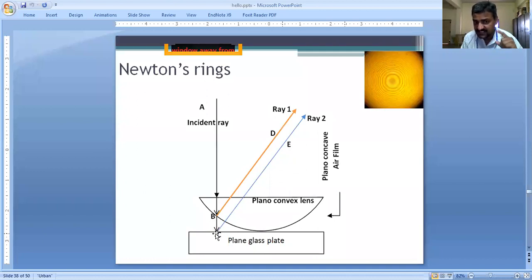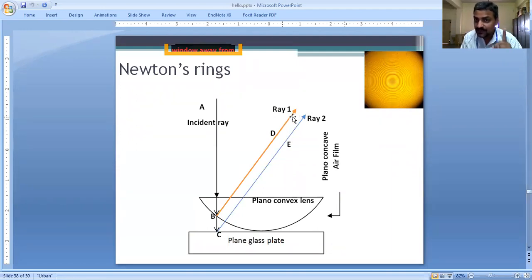So 90 units of light is received at C. Out of 90 units, 90% of 90 means 81 units. 0.9 into 90, if you multiply it, you are going to get 81. So 81 units of light will go down, and the balance 90 minus 81 is 9 units. So that 9 units will be this blue ray, right? So ray 2 is having 9 units and ray 1 is having 10 units.